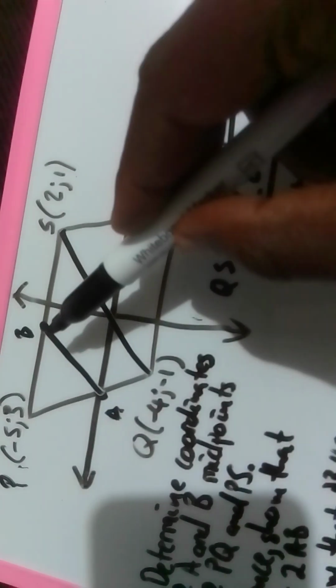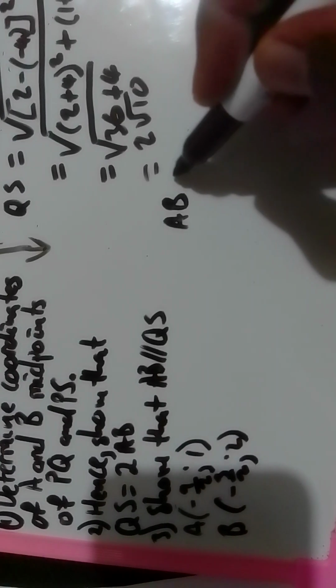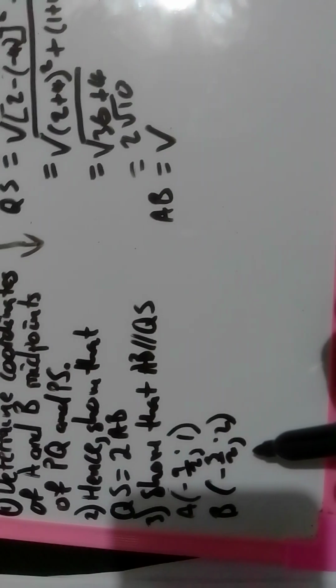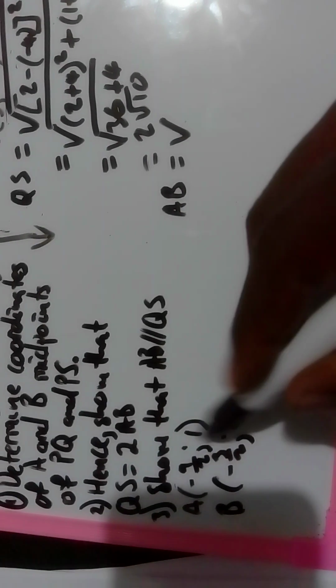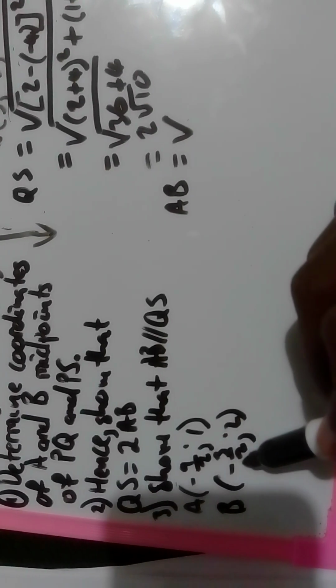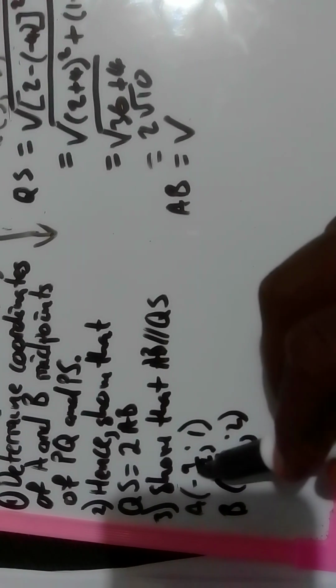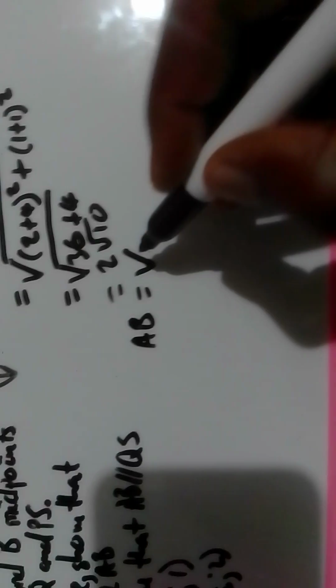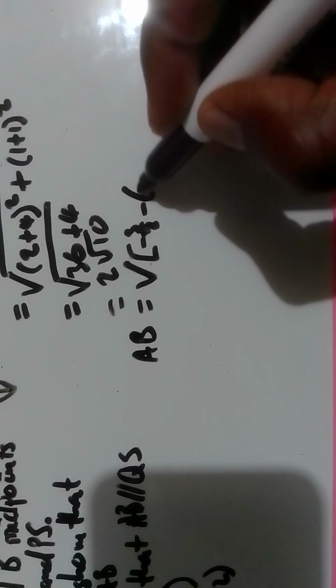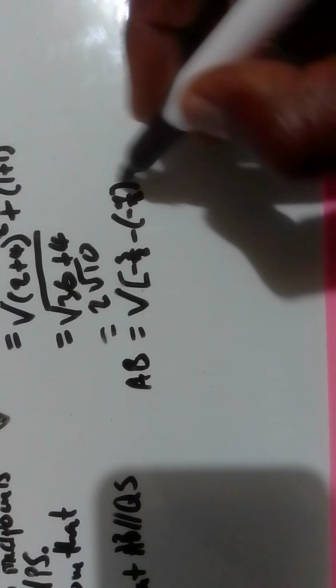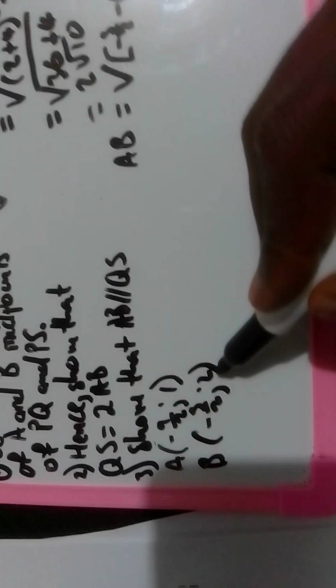Now let's find the distance of AB, and we're going to use these coordinates. So we now say the distance of AB is equal to the square root of x2 minus x1, which is... Oh, I'm looking at y, sorry about that. X2, which is -3 over 2, x1 is -9 over 2. So I come here, square bracket, -3 over 2 minus open bracket -9 over 2 close bracket, squared, plus y2 minus y1, which is 2 minus 1, close bracket squared,